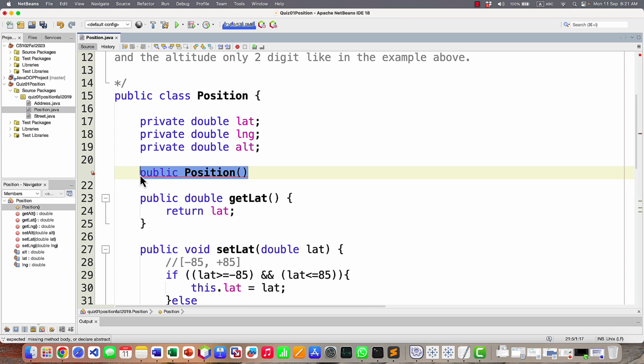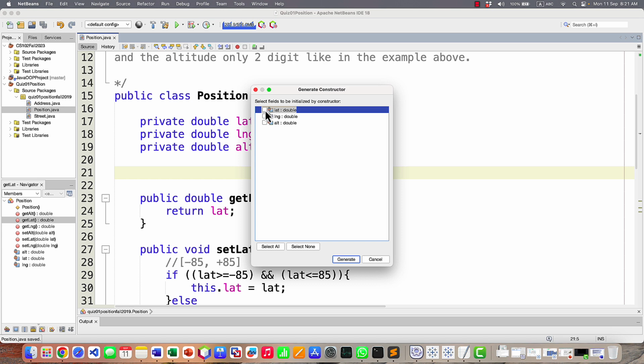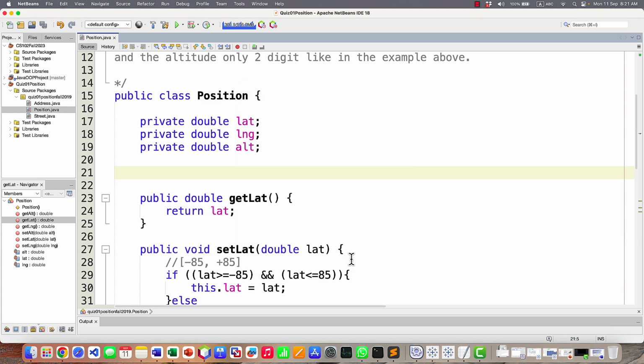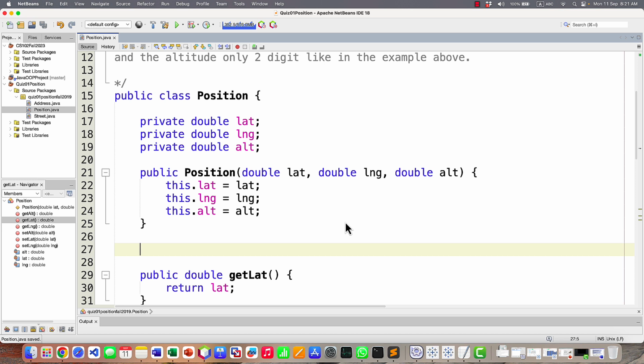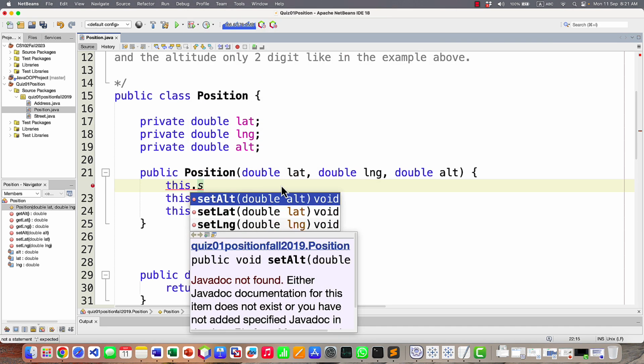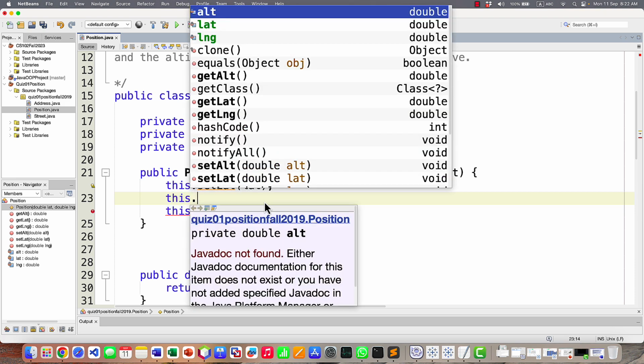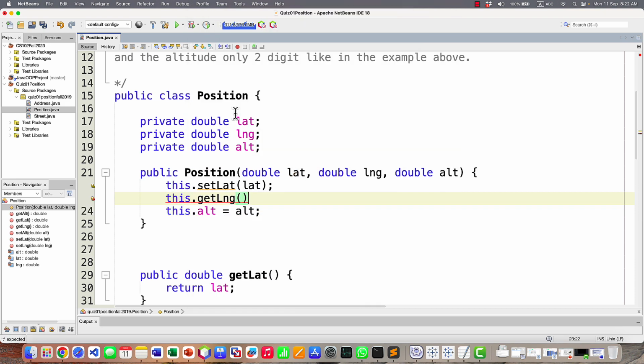Now, if you want to save time, you can use insert code, Constructor, and choose all the fields for a full argument constructor. You generate it, you save time. But this is not sufficient, because here you need to make this.setLatitude. If you don't do this, you are skipping the data validation inside the constructor and you will have issues. Okay, here longitude,